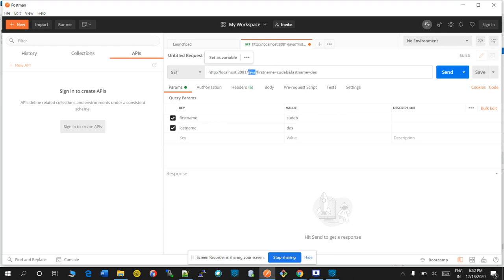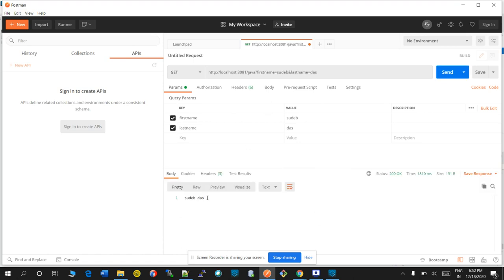That is why we put /java here. And this is the query parameter. First name equal to Sudhev and the last name Das. We will be concatenating these two. Let's send this.